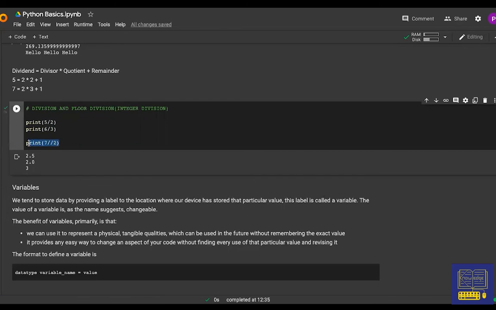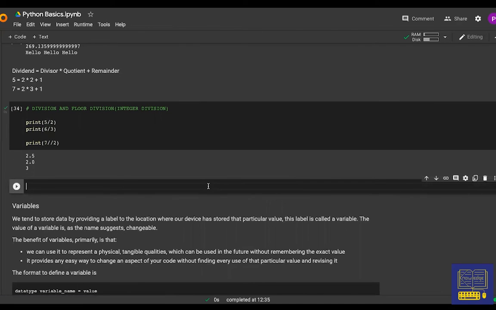So that is also another way to look at this, but really don't worry about it. Just think of it as the quotient when you divide these two numbers. Quotient ignoring the remainder. So hopefully that was understandable for you. If it wasn't, please go through it again. So that's about it for division and floor division.